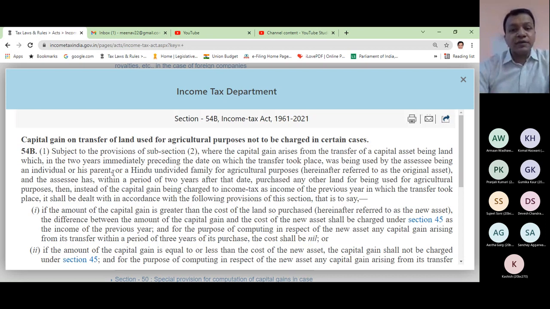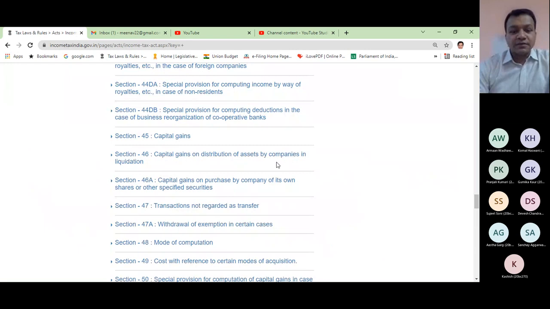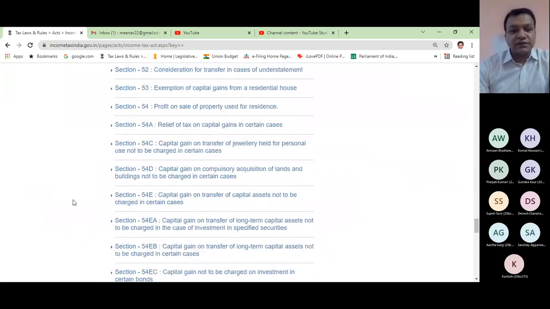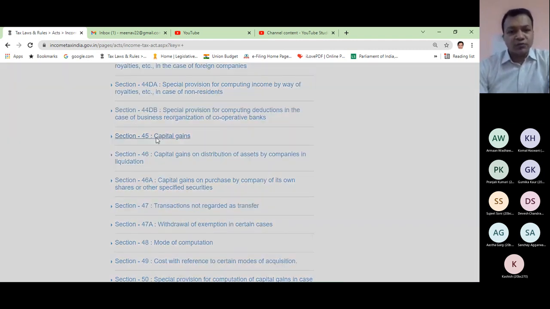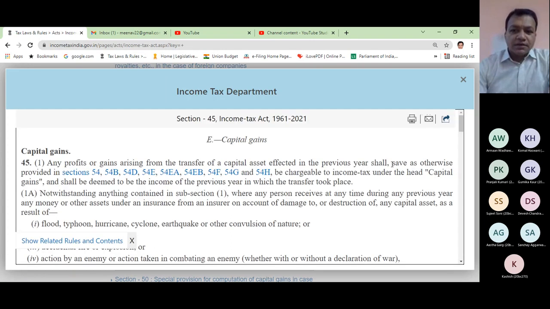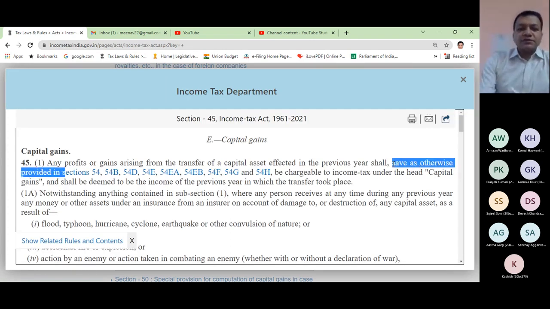When we click this 54B, then it is showing the section, but when we were checking this in the sequence of 54, then this section is missing. So there must be some gap here. The persons who are preparing this sequence might have forgot to write 54B here. Anyhow, come back to the main point. Save as otherwise provided in sections 54B, D, 54, E, EA, EB, F, G, and H